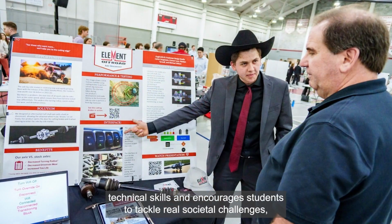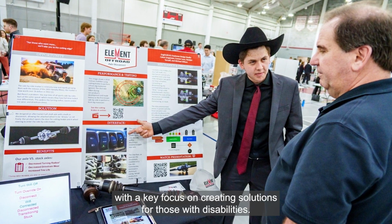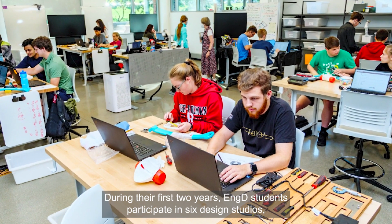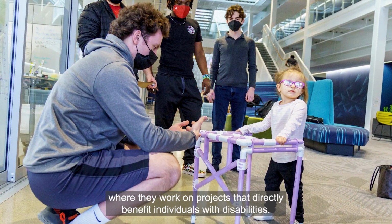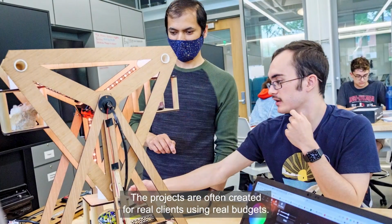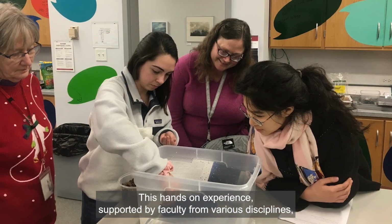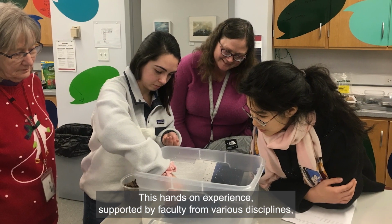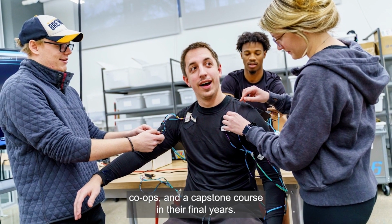skills and encourages students to tackle real societal challenges, with a key focus on creating solutions for those with disabilities. During their first 2 years, ENGD students participate in 6 design studios, where they work on projects that directly benefit individuals with disabilities. The projects are often created for real clients using real budgets. This hands-on experience, supported by faculty from various disciplines, prepares them for advanced technical electives, co-ops, and a capstone course